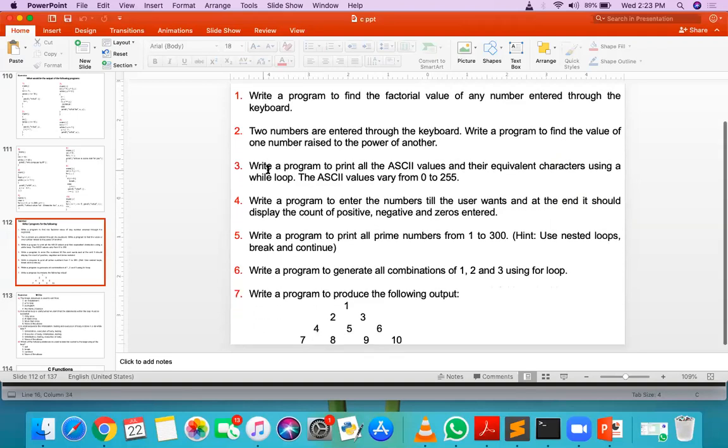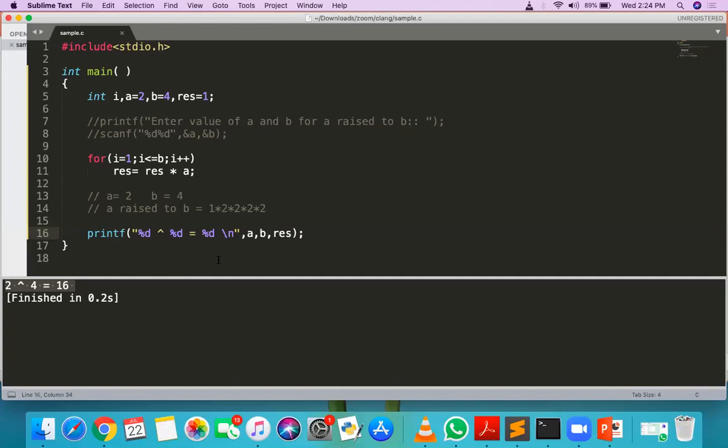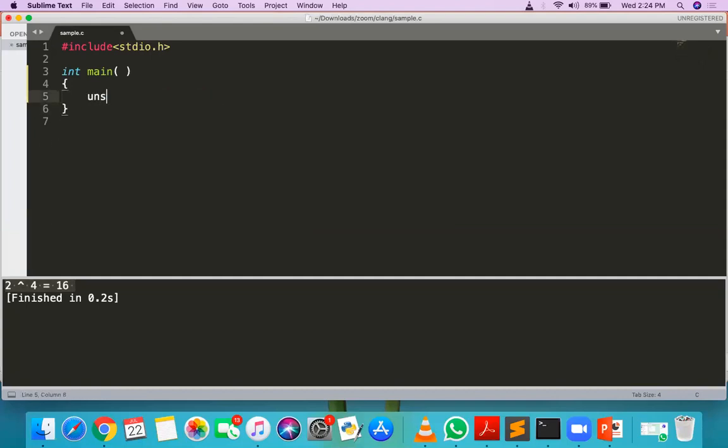Next, I think it is very easy to print all the ASCII values using a while loop. We have already discussed that program. Unsigned char ch is equal to 0.